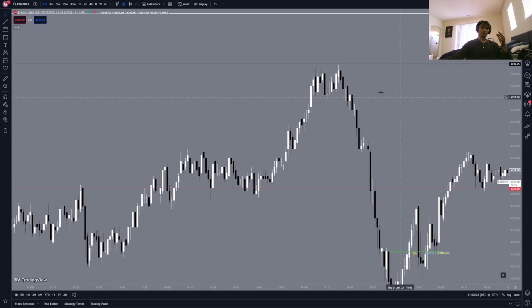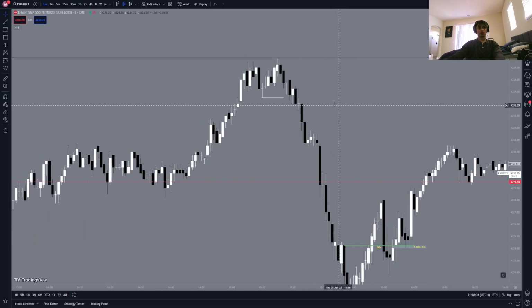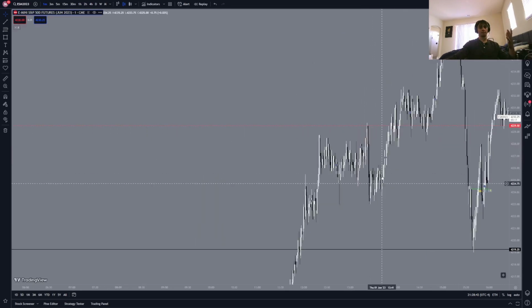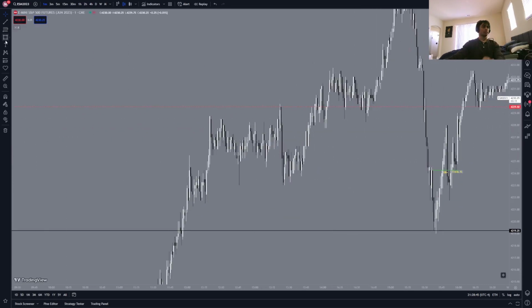Theoretically, if I wanted to be aggressive, we have a higher high here, we have a small market structure shift here, right? You could have tried some kind of aggressive short somewhere in here, maybe this FVG here, but it's just kind of a risky play for me. So what I really liked was I saw these lows here as internal sell side, right? And once this internal sell side got swept,